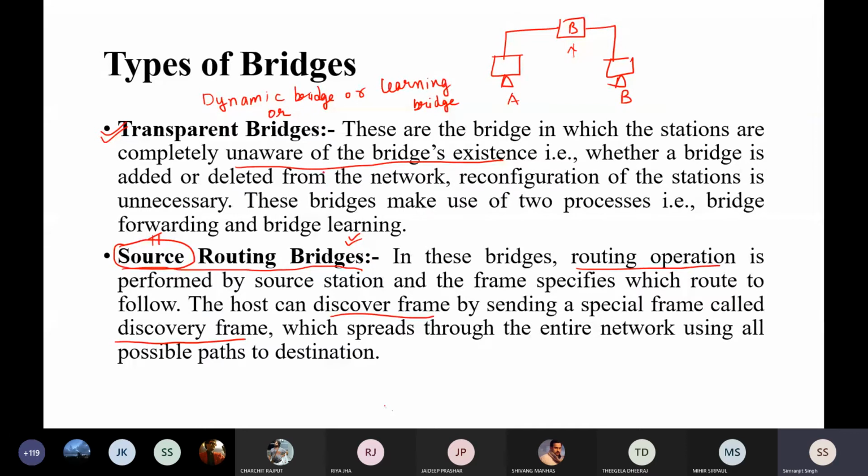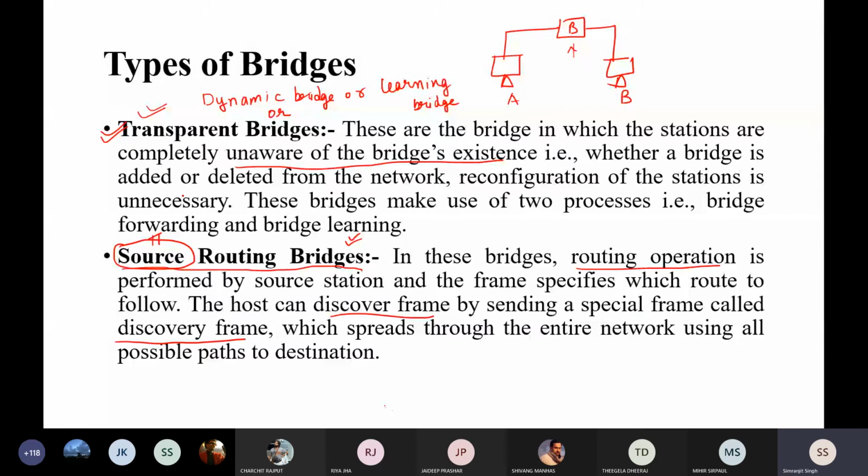But still understand this one. Okay, so most probably if a bridge is used, this particular bridge will be a dynamic bridge, because it automatically reconfigures the network by sending the packets to all of the devices, and by getting the acknowledgement back and seeing that a particular new MAC is introduced in the network. So that is why transparent bridges are more used than source routing bridges.